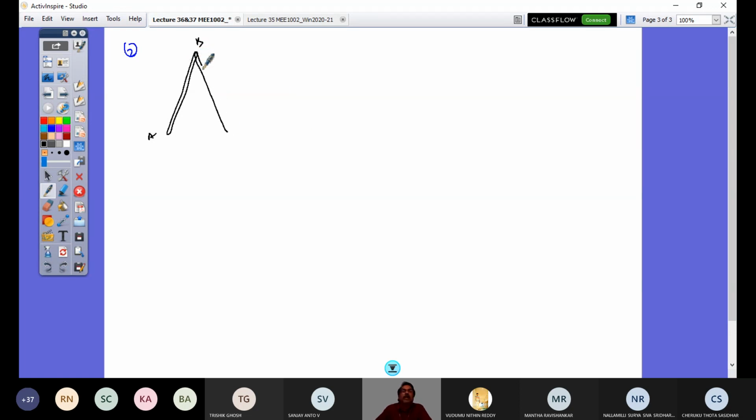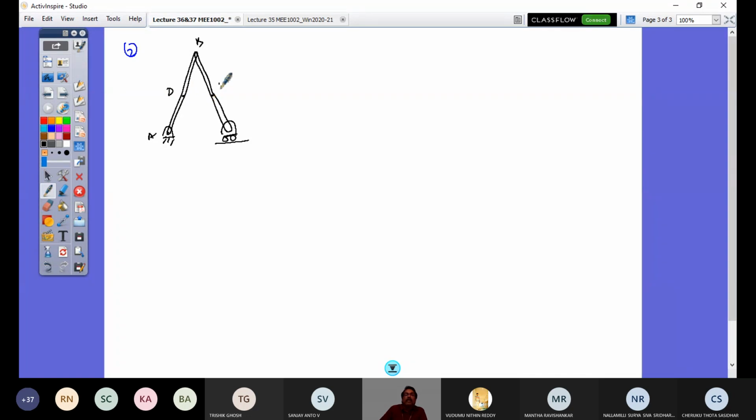So this is C. And one end of this link is a hinge, whereas the other end of the link has got a support, which is a roller support, which is on this. Now, this link at its midpoints, D and E,